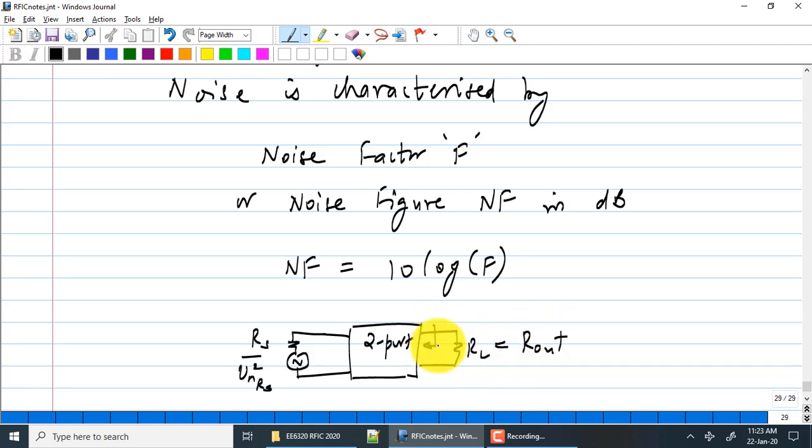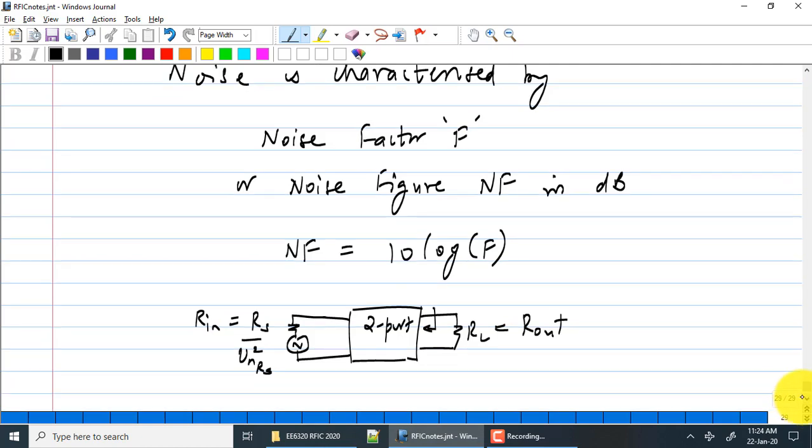Also matched here. Assume that input and output are matched to 50 ohms. So R out, RL, RIN, RS are all 50 ohms. In such a condition, this is a priori assumed to be true. In such a condition, you are going to define